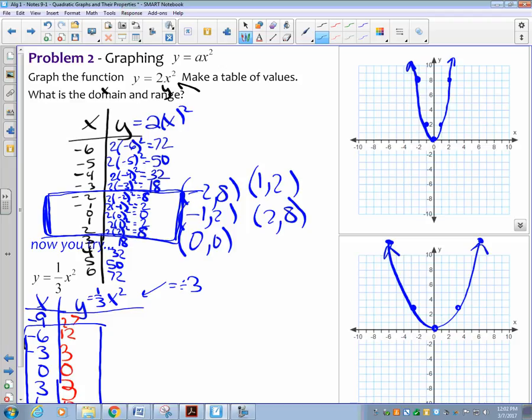No. So we're looking at this. Y equals 2x squared. Are there any fractions with x on the bottom? No, there's no fractions at all in this one. And are there any square roots in this one that can't be negative? No. Those are the only 2 scenarios where your domain would not be all real numbers. So your domain is